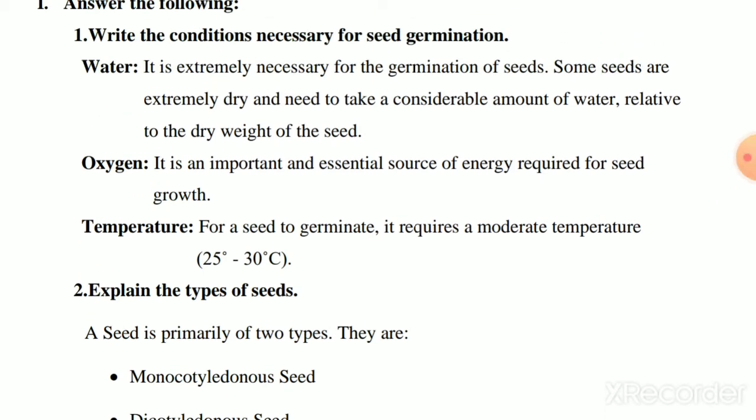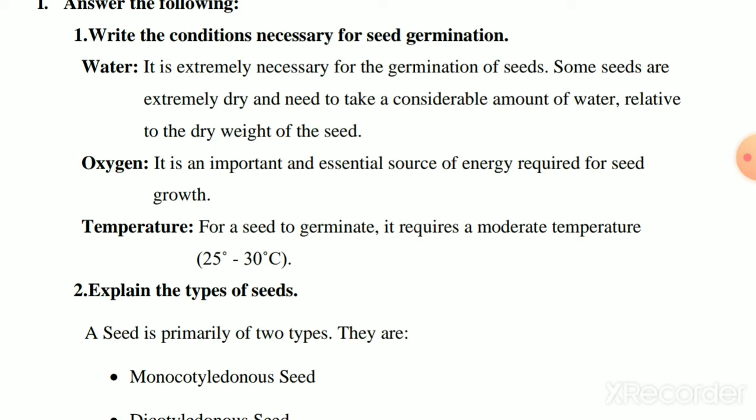So, related to this, they may ask the interior questions. What are they? Seed germination. Define seed germination. Seed germination means it is a process of growth of seed into a young plant. What do you mean by young plant? It's nothing but embryo. So, what are the three important parts in seed?